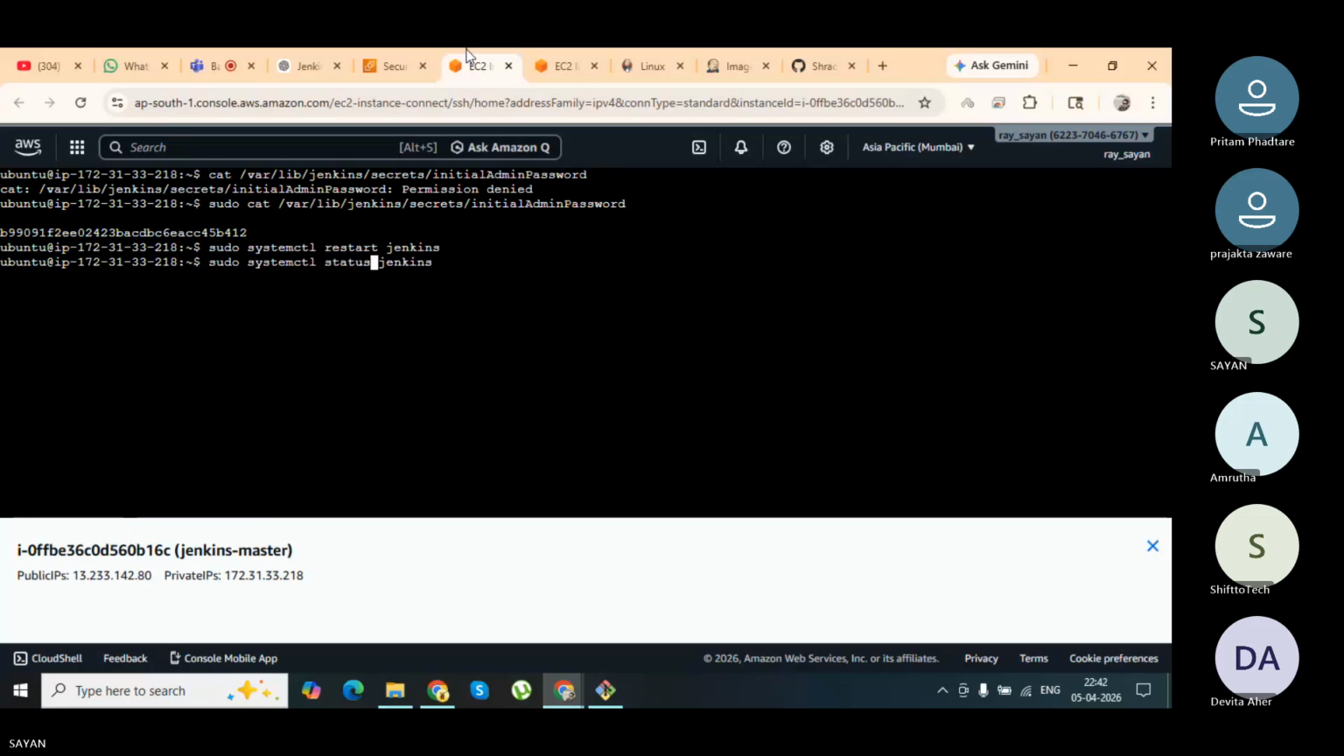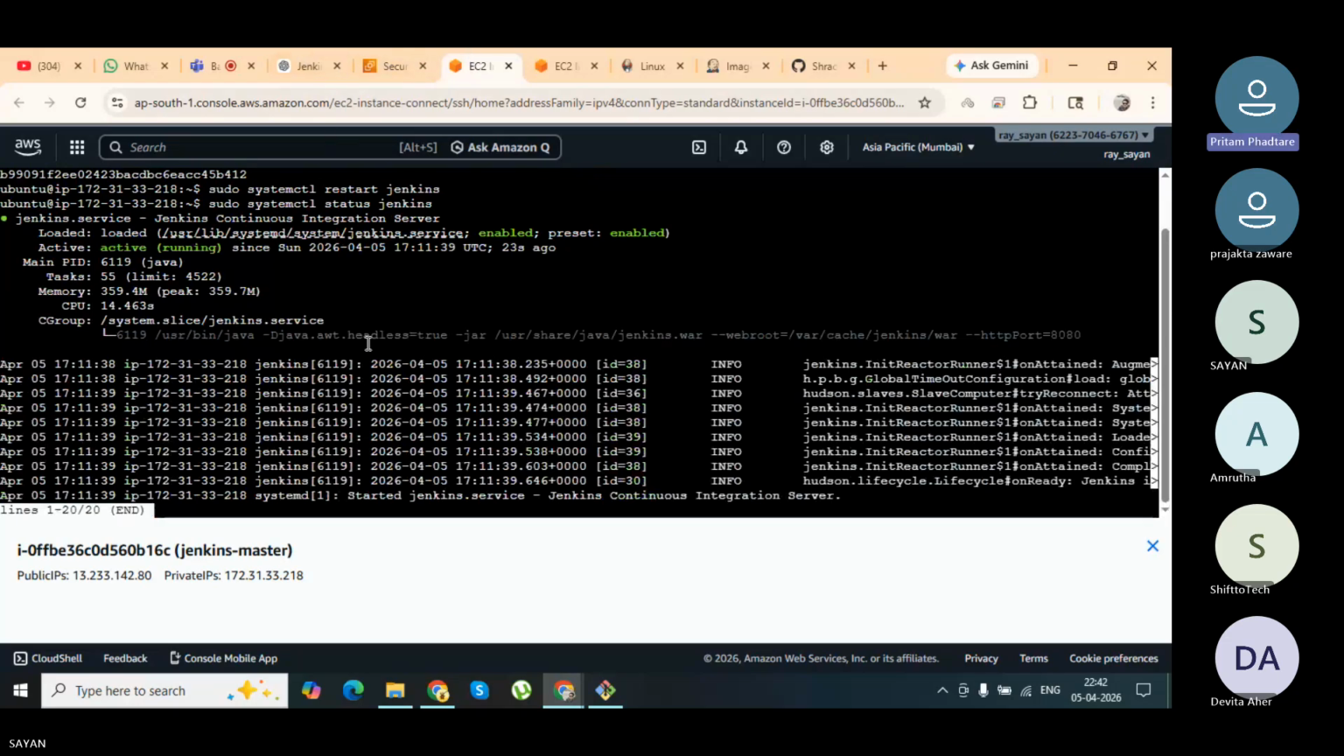Status, enter. So it's active and running. Now open your Jenkins UI,